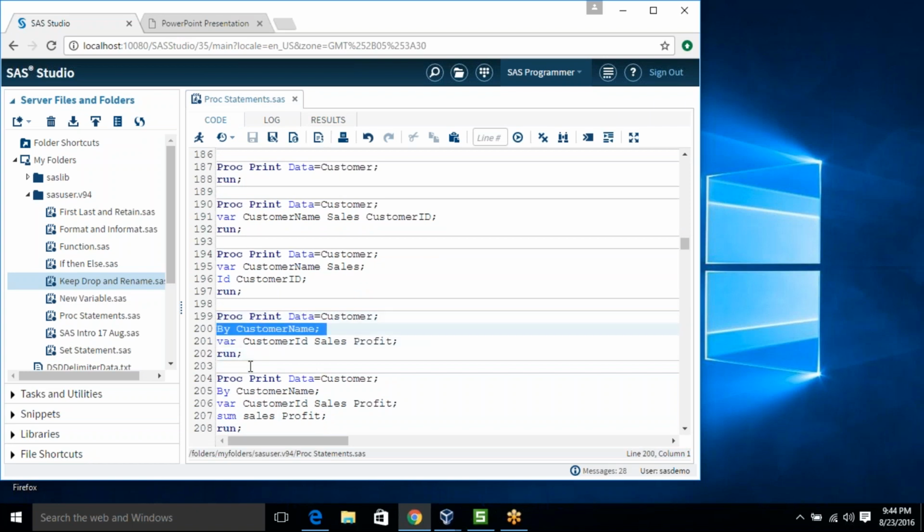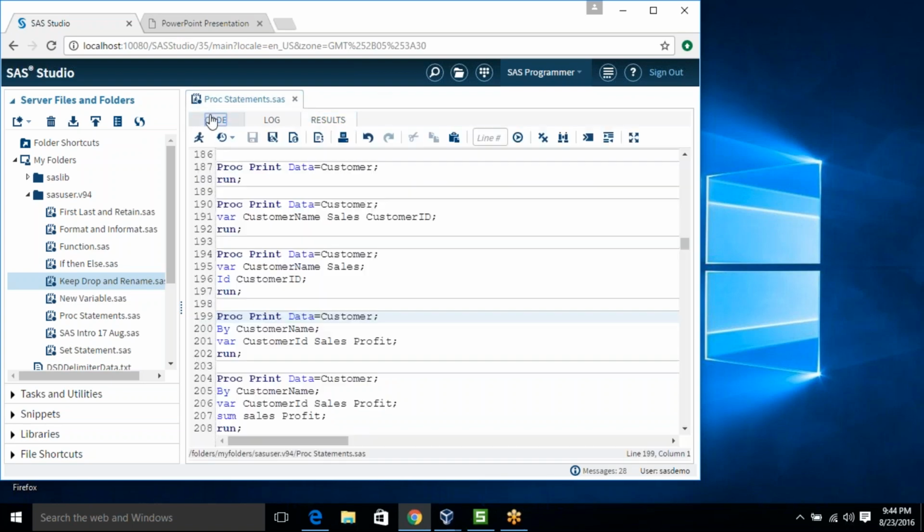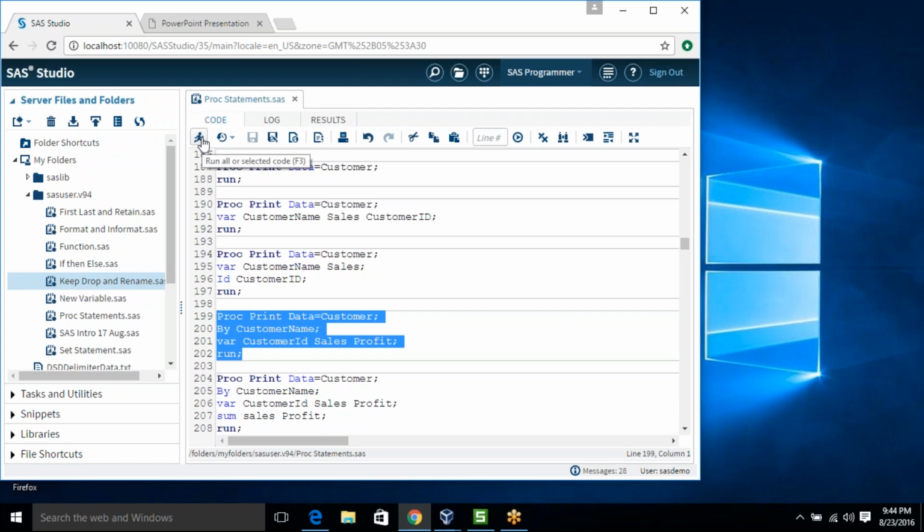So now I am using the by. So here you can see I have two customers, customer 1 and the customer 2. Okay. So I am doing the analysis now by customer name. So you can see here that there will be two sections based on the customer name, because I specified customer name in the by.